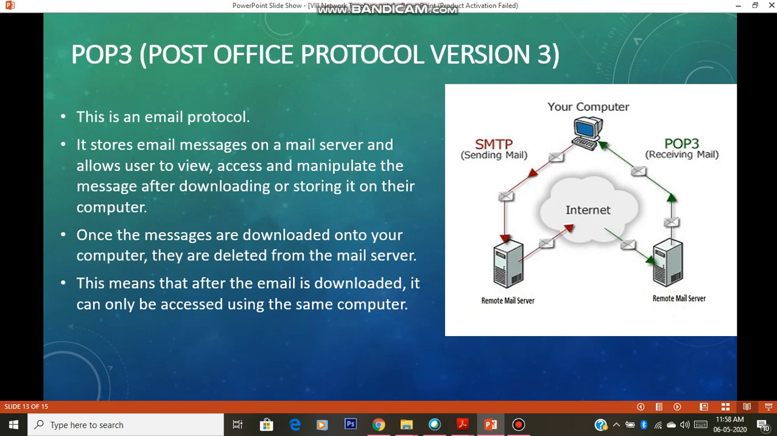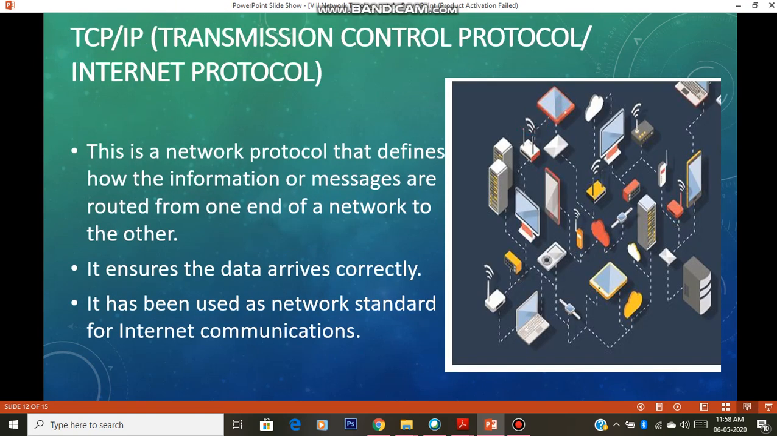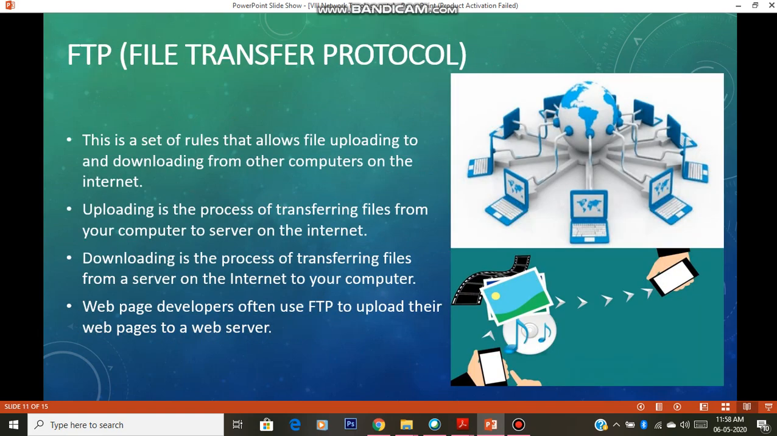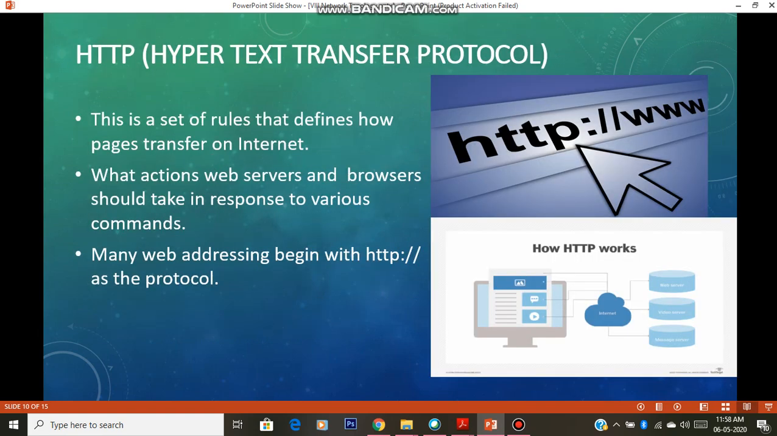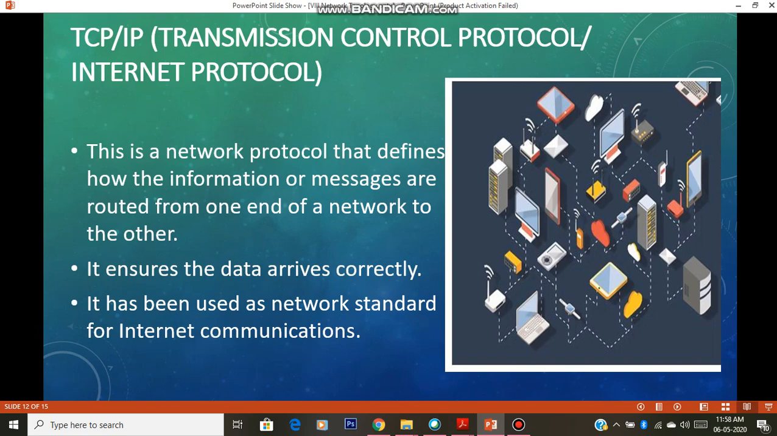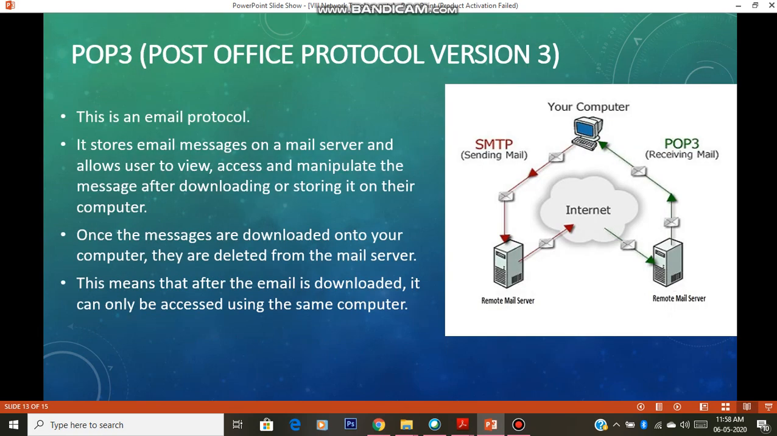So what is this? POP3, this is the email protocol. TCP/IP was a network protocol. This is file transfer, and this is hypertext. This is network protocol. POP3 is an email protocol. So a separate protocol